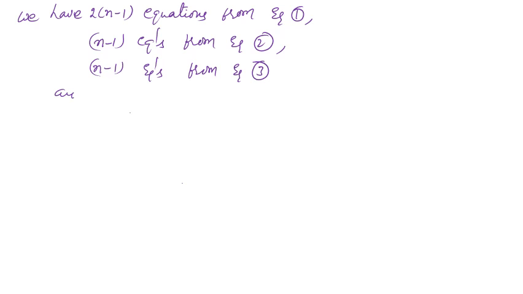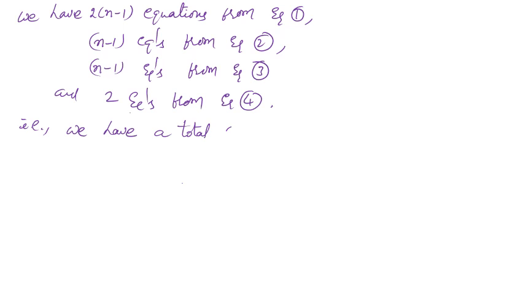And two equations from equation 4. That is, we have a total of how many equations? Totally, add this 2n minus 1, 3n minus 1, 4n minus 1, and this is plus 2. So totally we have 4n minus 2 equations. And the total number of unknowns is 4n. So we need 2 more equations